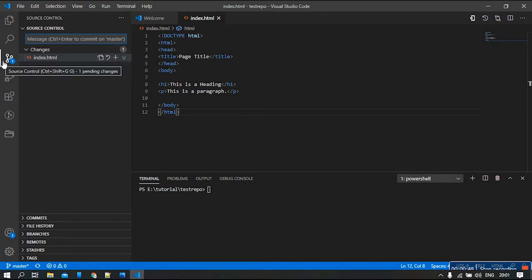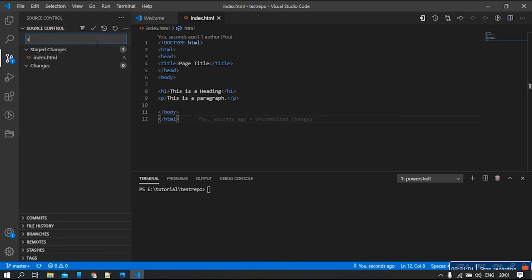I should not say it as Git actions, but GitHub tracking taking place. What I can do is I can stage these changes, and before committing I need to give it a message. So I'll give it second commit. As while making this tutorial I made one commit and it didn't work, so I had to refilm it again.